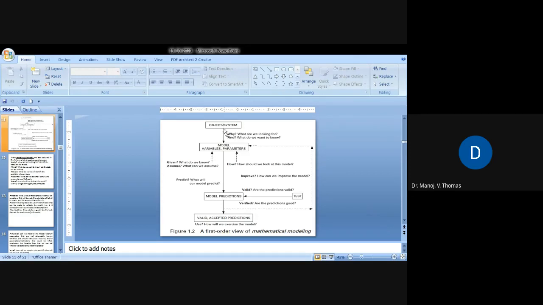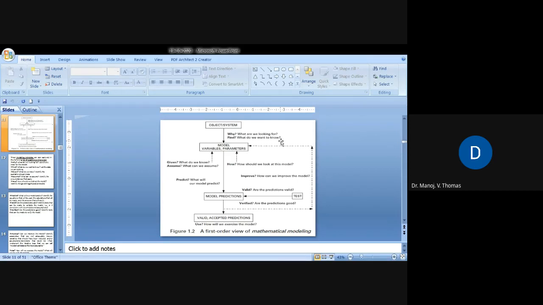First you start with the object, then you have why and find. What are we looking for and what do we want to know? That is the trigger which encourages this model. What are we looking for? Yes, I want to construct a new tire. I want to check the viability of a new tire which offers maximum mileage and maximum running time. And what do we want to know? Some parameters, some type of material, which is the best material that can be used, or the maximum pressure, maximum temperature. It can be anything. Given one problem, you can use your logic.